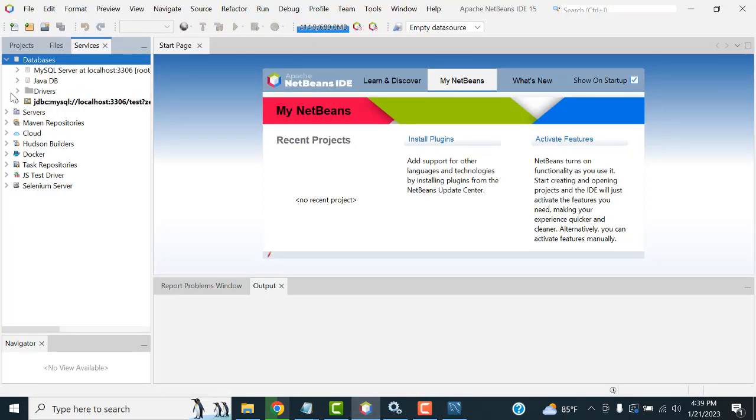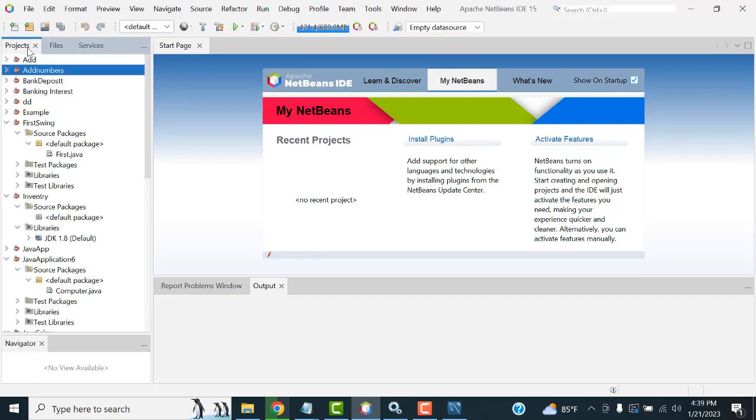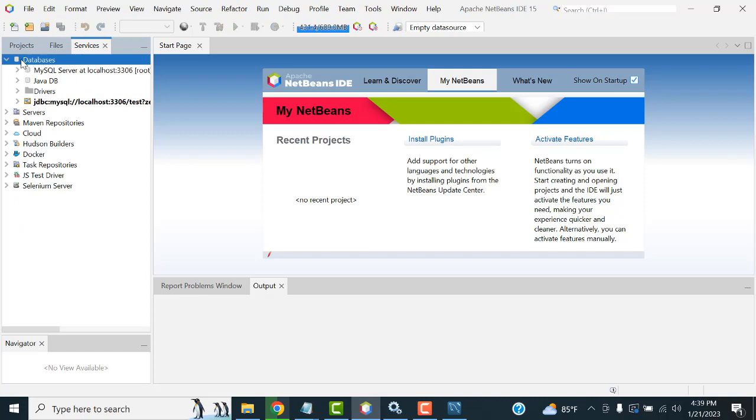In NetBeans, you have to go to the Services tab. This is called a tab, right? Services tab. Here this is the database. Here I am going to make the connection. We have to establish the database connection to MySQL. So how do we establish the database connection? Select the database. This is like a tree. Right-click,